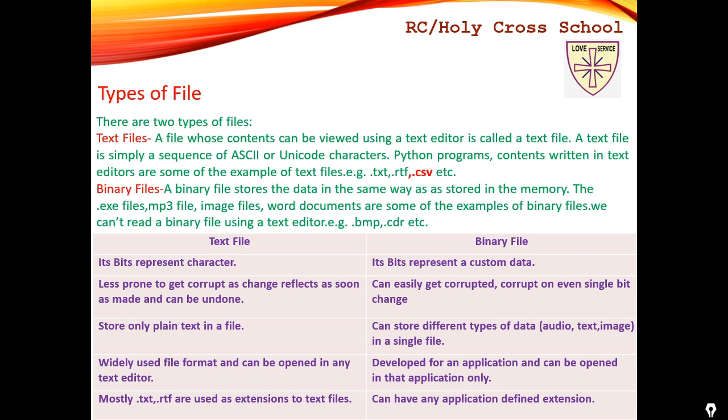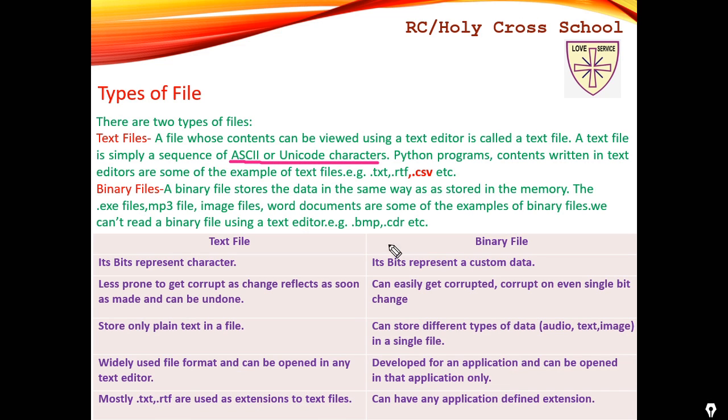A text file will always have a sequence of lines in it, and whatever the sequence of lines is, the characters are either ASCII or Unicode. You have learned in class 11, I taught you ASCII and Unicode characters. So here in a text file, your contents will be written in terms of ASCII or Unicode